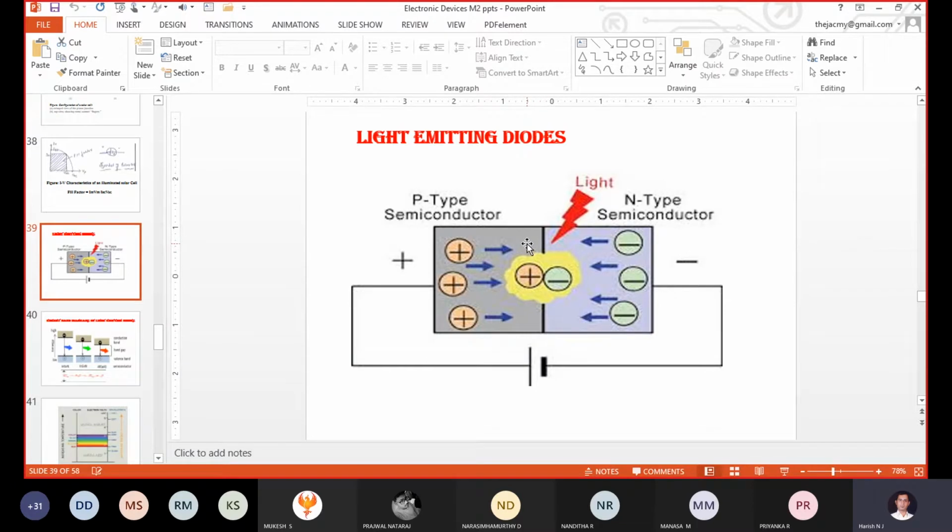Initially 100 holes are there. Now 20 holes will be diffusing from p type to n type. The remaining number of holes present in the p type, 100 minus 20, will be 80. At the same time, it is gaining 20 electrons, since electrons are also diffusing from n type to p type. The total charge carriers present in the p type are 80 holes and 20 electrons.